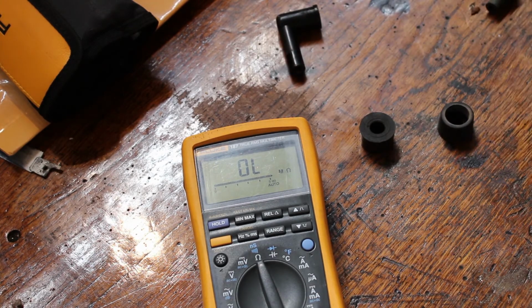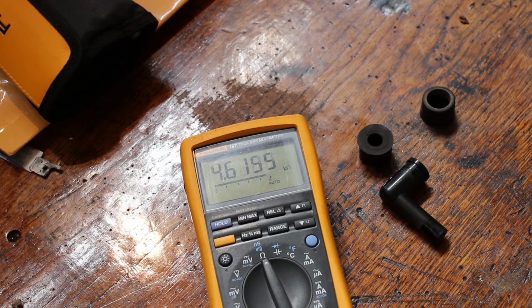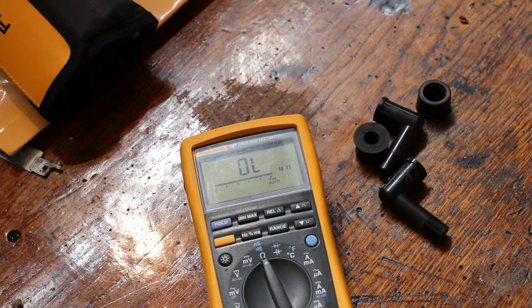4.5 thousand. I'm gonna tell you what, this one does seem a touch questionable. There we go. That was stable enough to make me like it. This definitely needs to be cleaned, so again, before we throw it back together, we're going to go through all